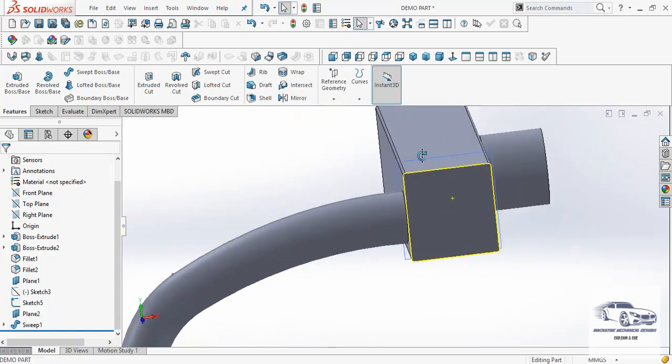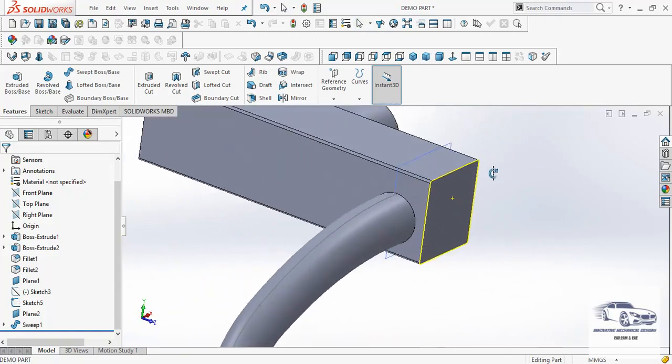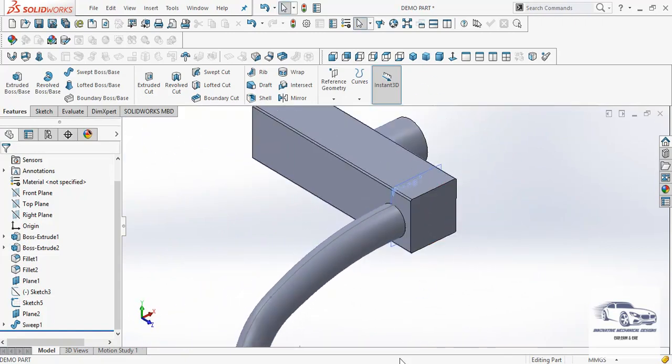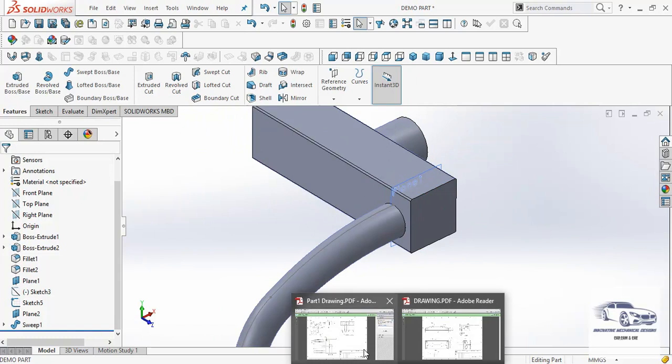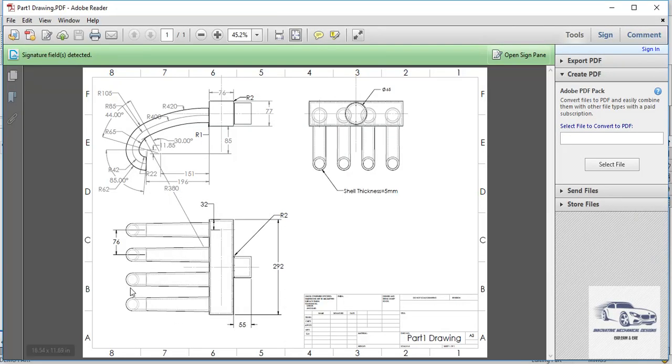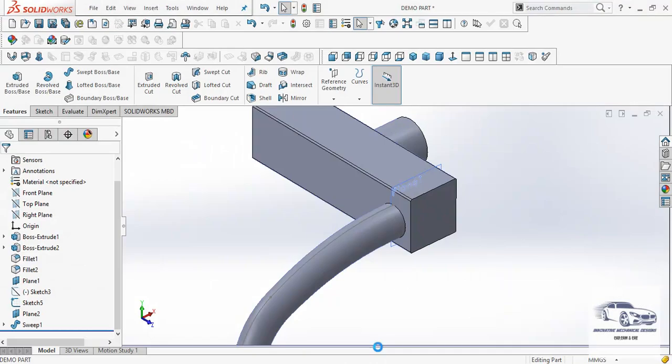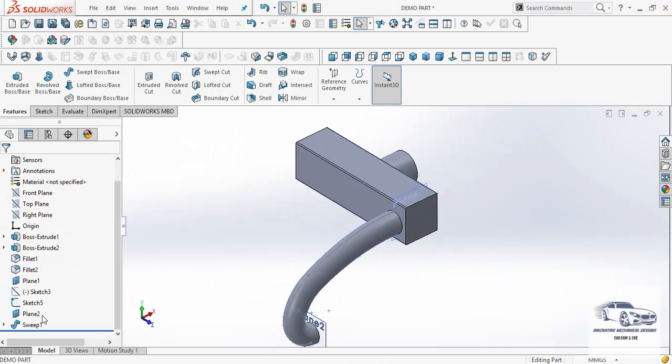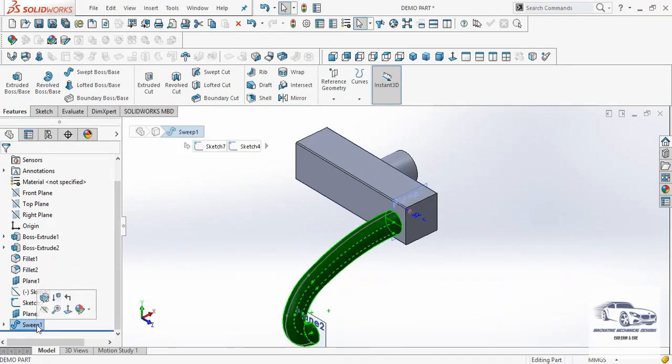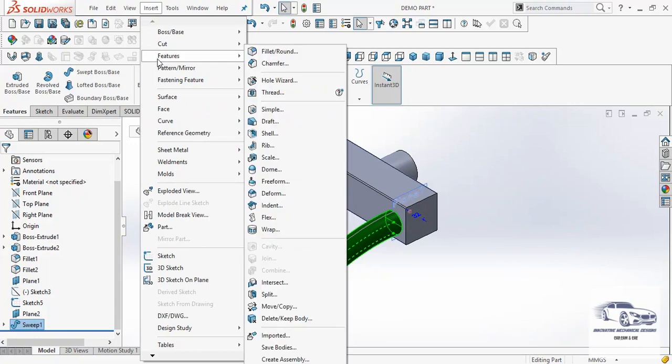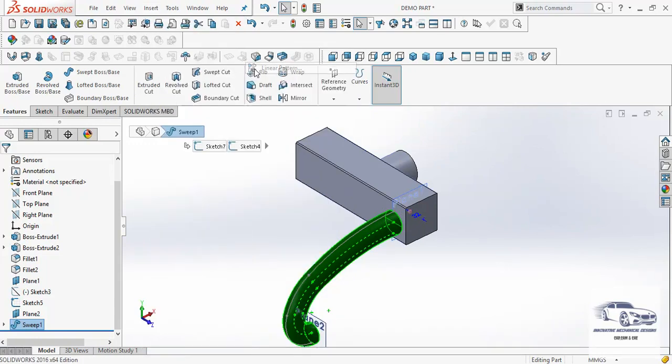Now next, according to the drawing, the total number of contours of this particular type is 4 at a distance of 76. So what I can do, I will select the sweep feature which I need to copy, then go here to the pattern command. Here we have insert features, linear pattern.